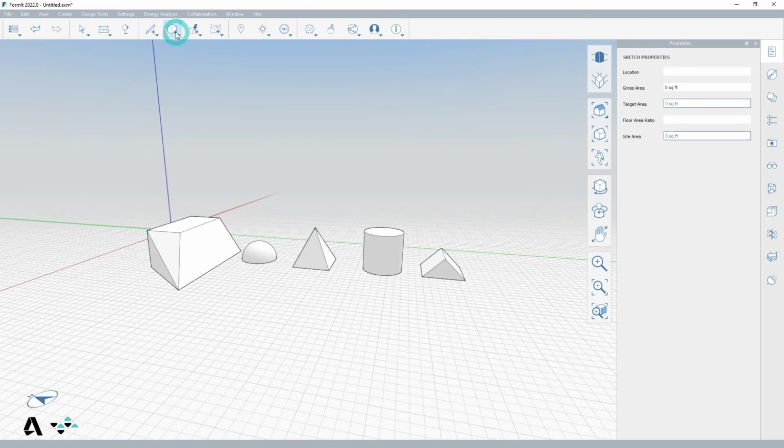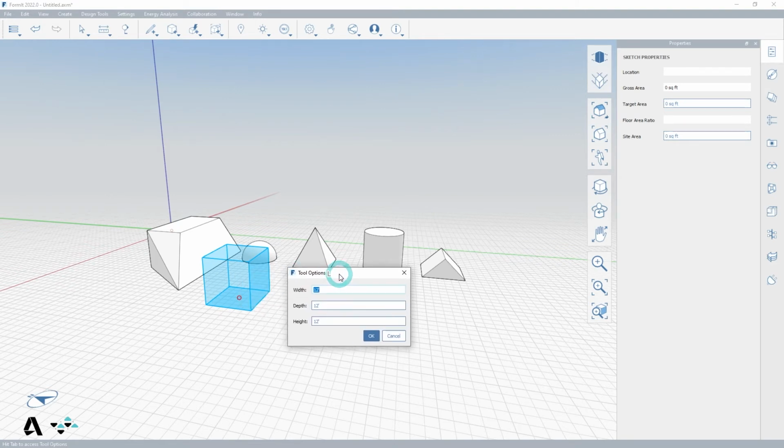When using the Create Primitives tool before placement, press the Tab key to open the tool options dialog to type in the desired dimensions. So if I wanted my cube to be 20 by 20 by 20, I can type